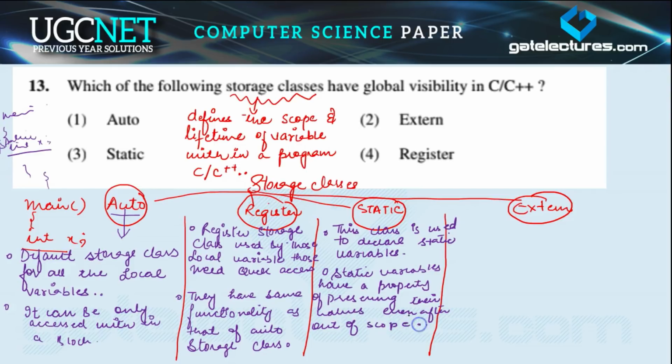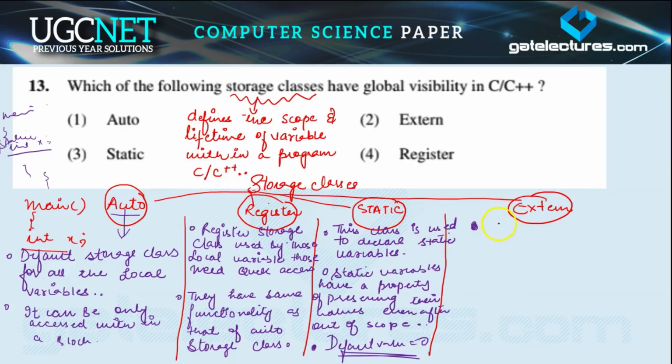Okay, so these kind of static storage class, they are initialized once, so the value of x is initialized once, and until the exit of the entire program the value remains the same. The meaning of the statement is this. Okay, and the default value assigned to the static variable is equal to 0. Okay, initialized.